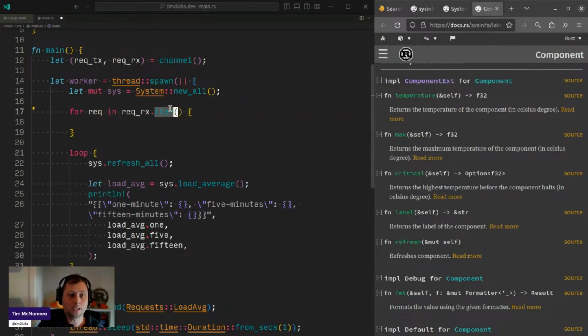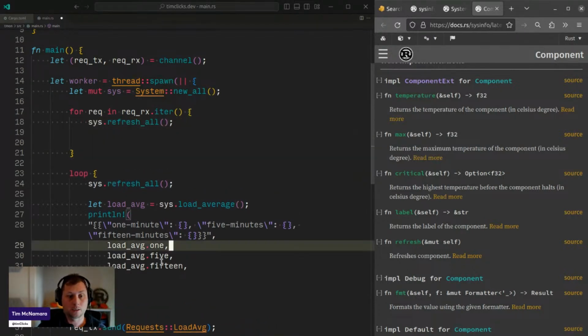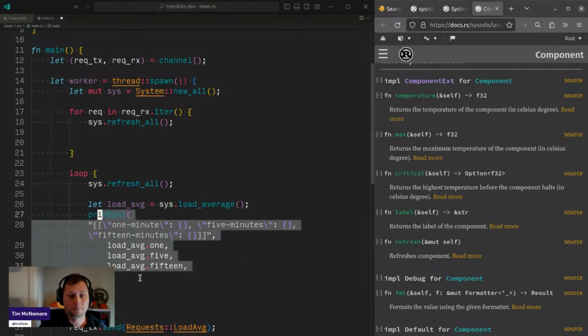So when there are no messages, there's no work to do, and the thread will just wait. And now our loop has changed. And we all immediately have a problem. And that is,